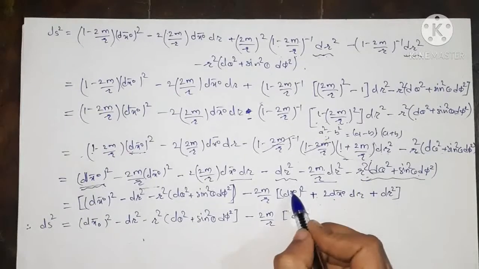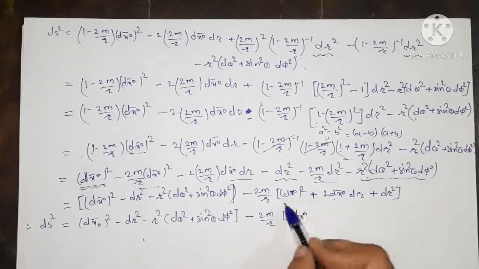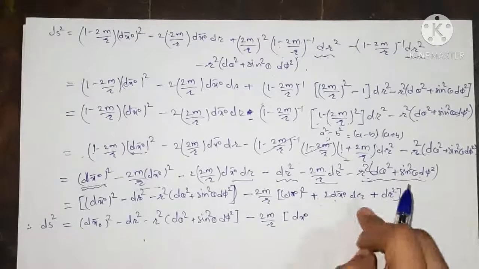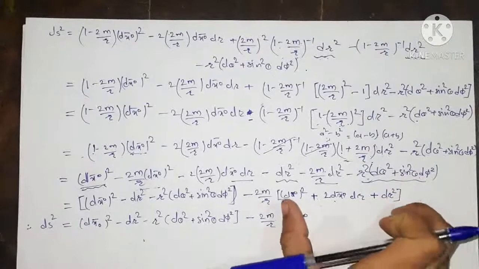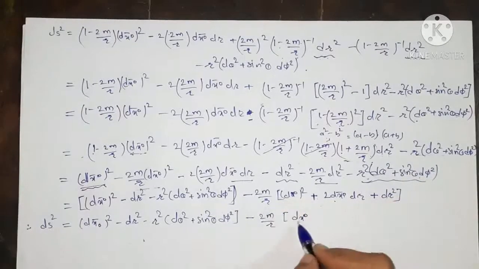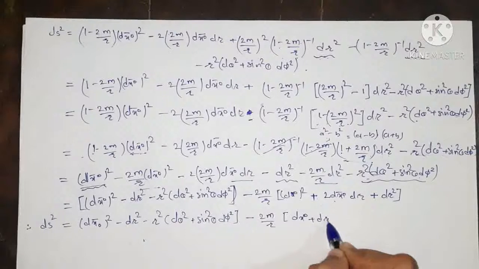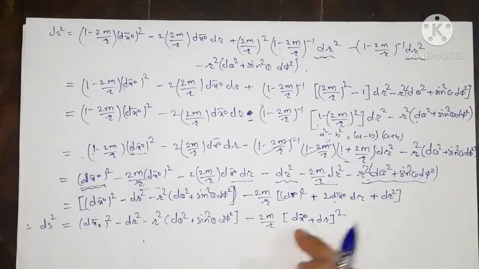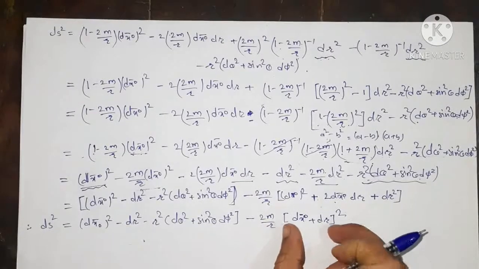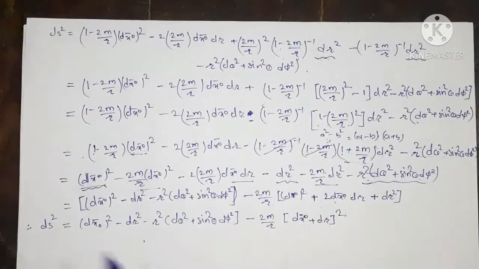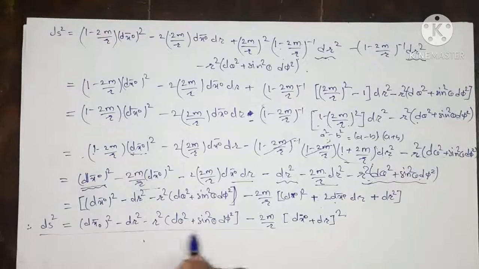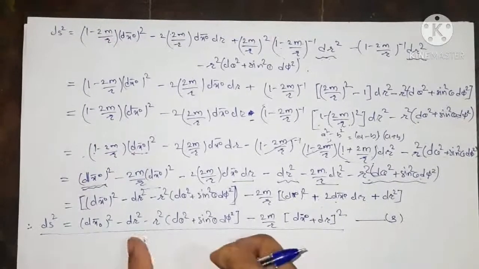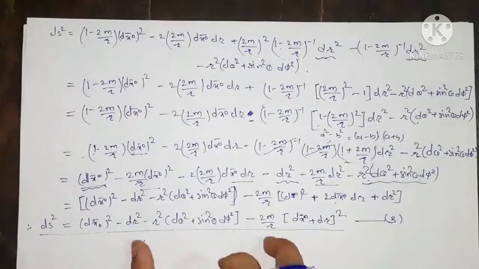Okay, now here dx0 bar is here. So as it is, we can see that this is a square plus 2ab plus b square. So we can apply here the formula (dx0 plus dx0 bar dr) whole bracket square. If we open the square, we get this term, right? So we have ds square equal to this term. We give this as equation number 3, and this form is called the Eddington form.